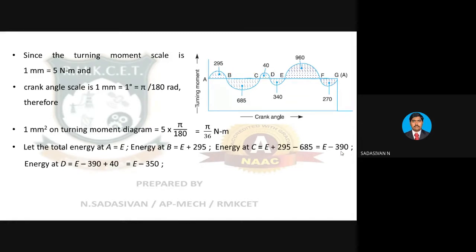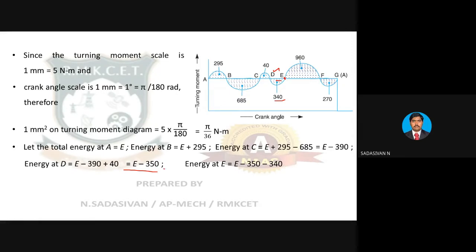So now I am going to point E. Again, another 340. Look here. So up to point B is over. Now I am going for point E, which is here. So minus 340 with this equation. Therefore, energy at point E is equal to E minus 350, which is already existing at point D. With that, I am going to subtract another 340.